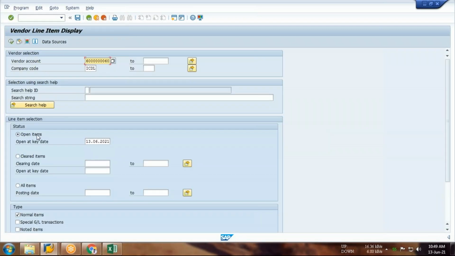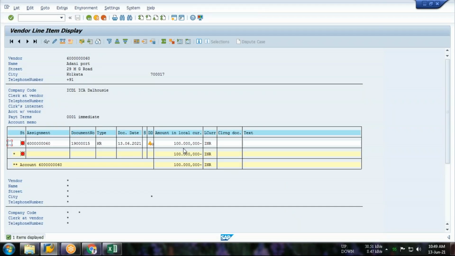This is my vendor. We have not done any payment, we have done only advance payment. But here I am checking the vendor balance. So you can see 1 lakh invoice. KR is the vendor invoice. So 1 lakh has been posted. Sir, what about the advance? Now we need to adjust with the advance. Then the advance amount will be reflected over here. अभी मुझे क्या करना है? Adjust करना है. So the first two steps are quite simple. In the first step, we made the advance payment to the vendor. And secondly, we have posted the invoice against such vendor. हम लोग advance दे दिए और हम लोग invoice post कर दिए.